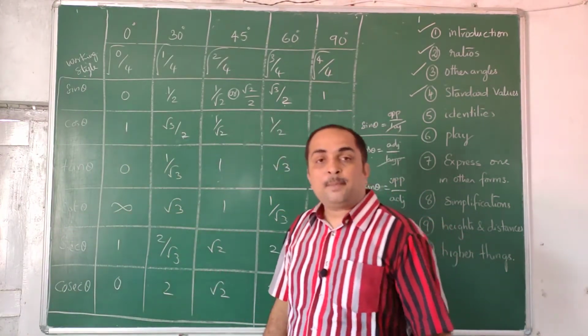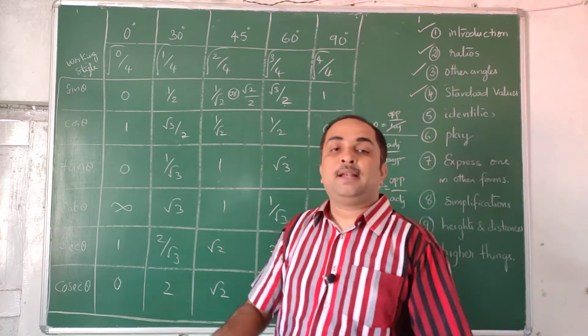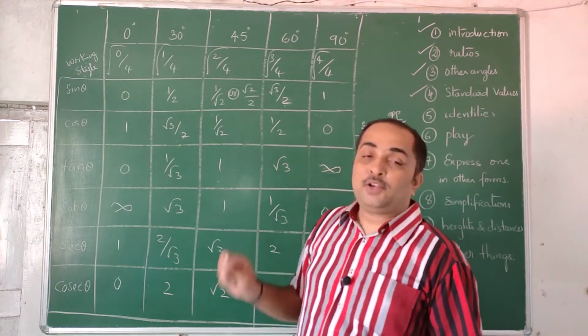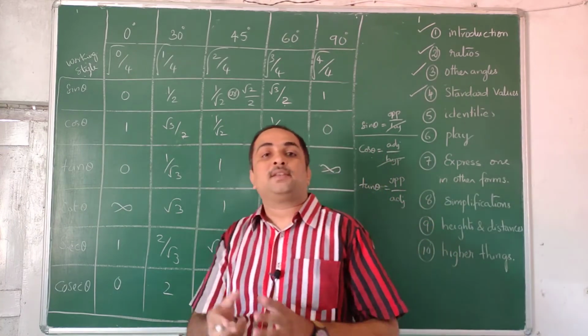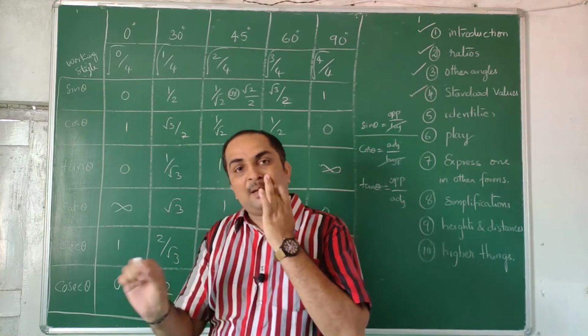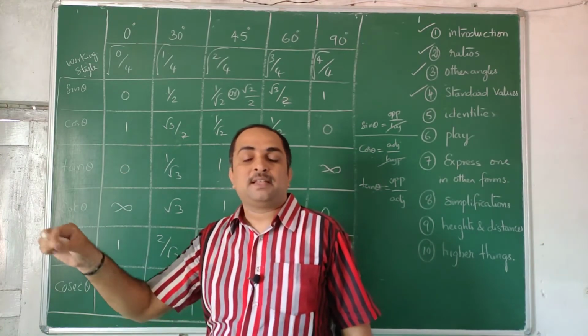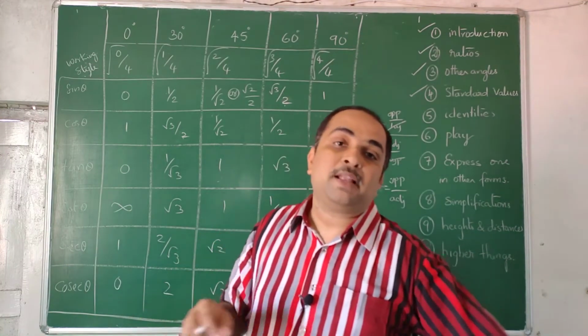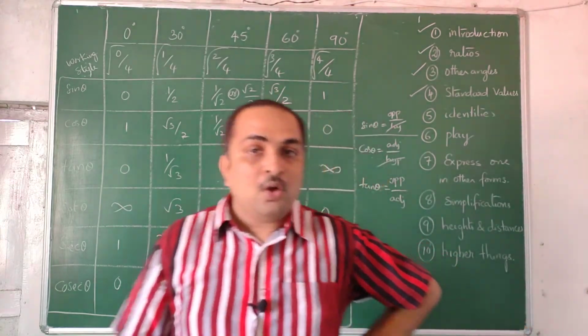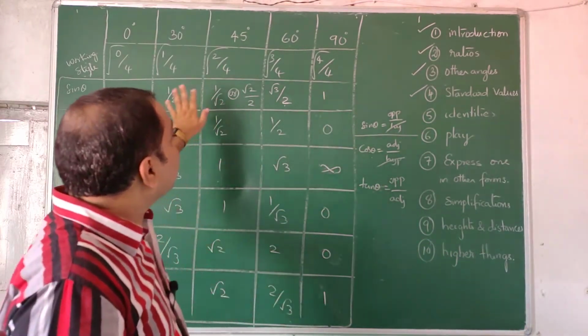Or you can use a scientific calculator that automatically gives you the values, if you are permitted to do so. But for such values, if they are required in the examination, for example where cos of 24 degrees is required, they will mention cos 24 is equal to 0.7963, I am telling just randomly, that value they will mention. So don't worry about what they are going to give. Worry about what they are not going to give.